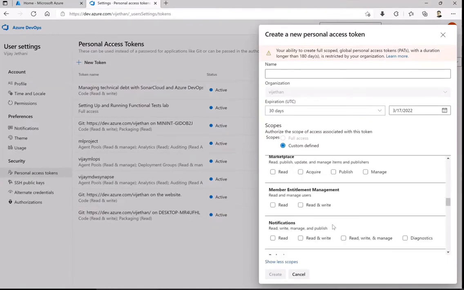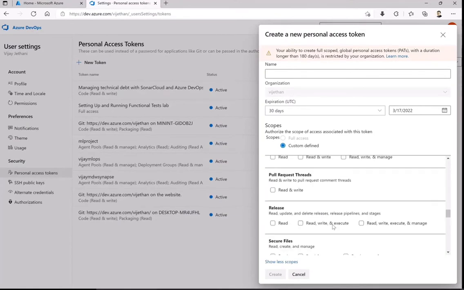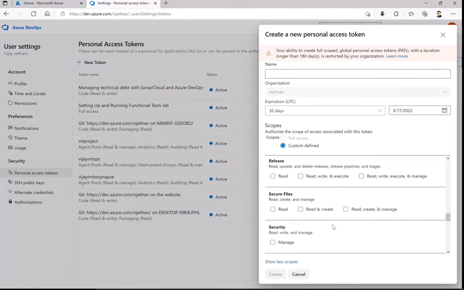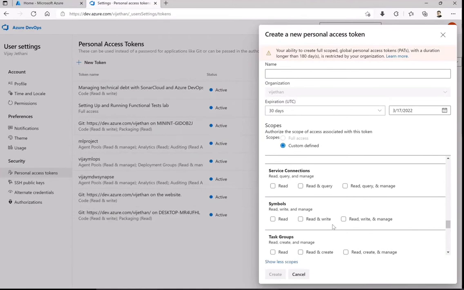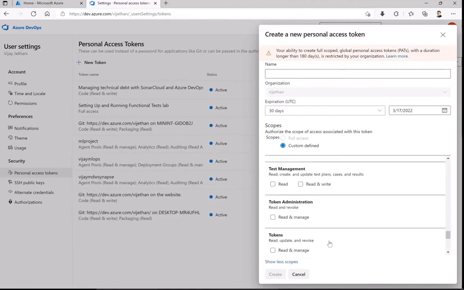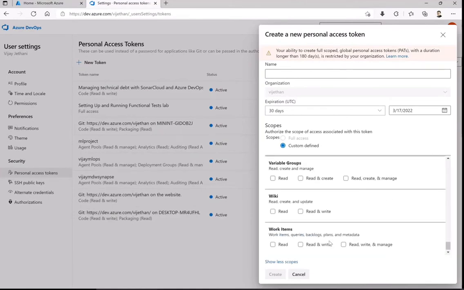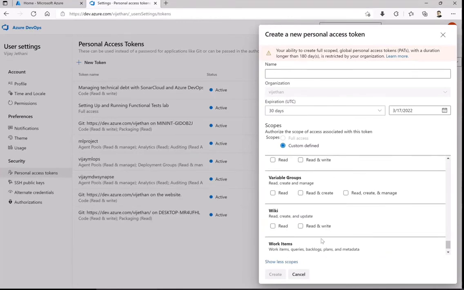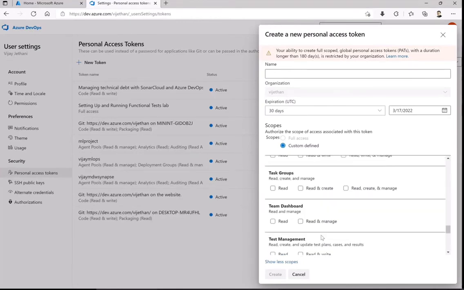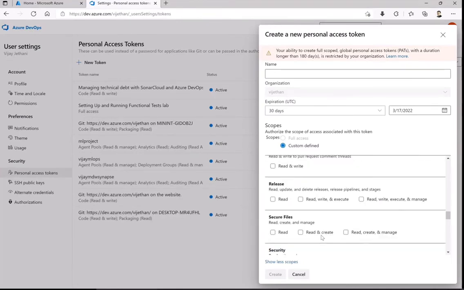But if I'm working on the pipelines, all projects and releases, everything, I want to make sure these are all available to me out of the box, right from work items to variable groups.